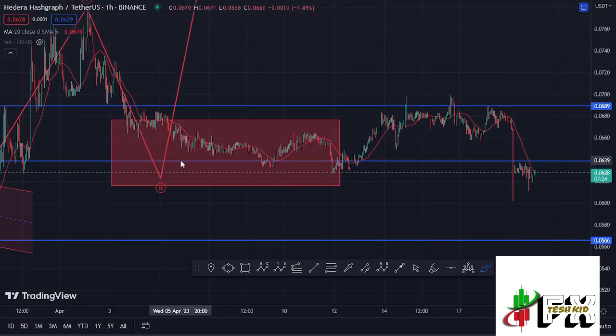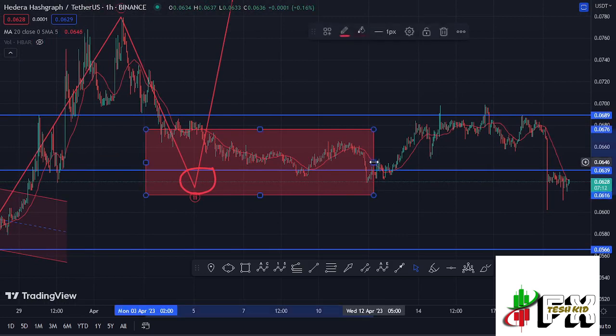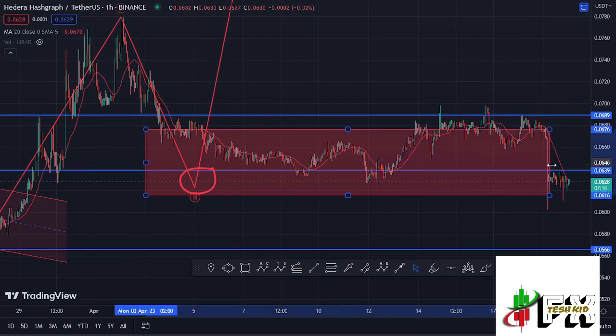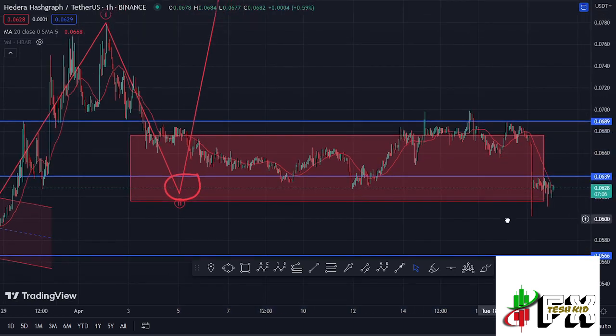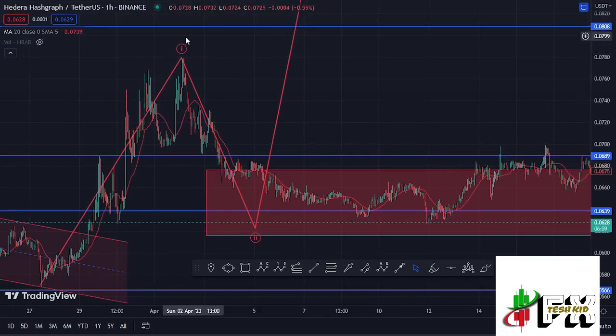to the lower side in the formation of this wave 2 in a move that has now fully maximized our minimum target areas in the formation of that wave 2. And yesterday you can see that we had a massive dump to the lower side in a move that gave us a reset of the second wave and also gave us one more new low in the formation of this wave 2. And all this is playing out after we fully peaked in the formation of that first wave in a move that gave us a high at around the